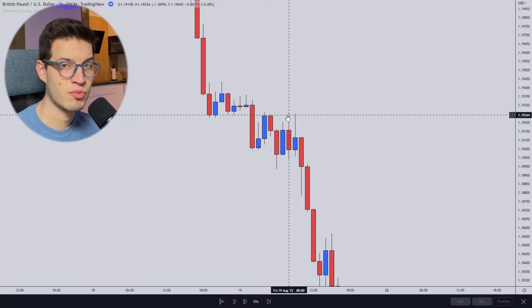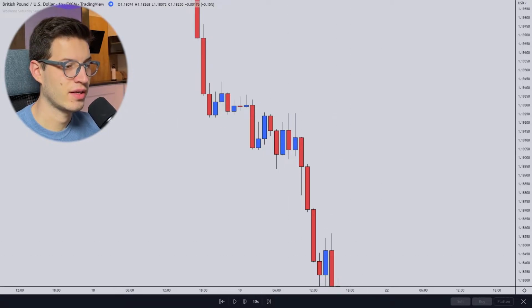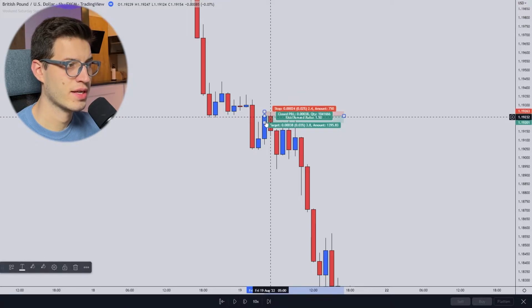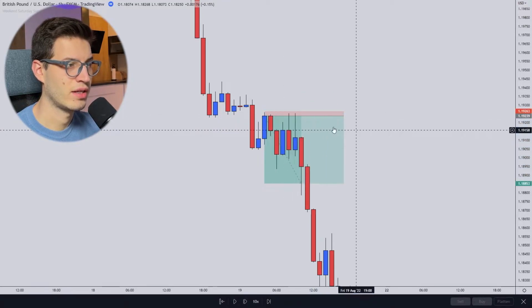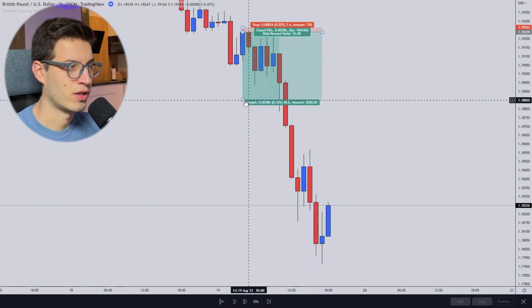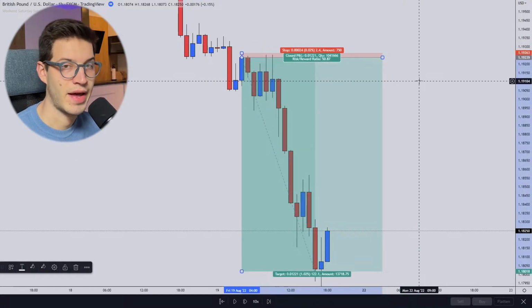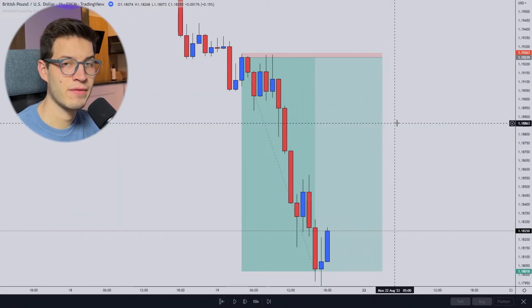And if you have bad spreads, well, you would have been taken out right here. But if you had a good raw spread account, well, then you would have reduced your risk and you would have still been in this trade. This candle would actually have not taken you out and it would have been a really nice trade, as we just said. So these are some real trading examples where we as traders lost out on huge percentage because of